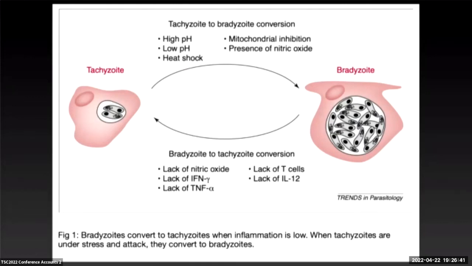So the bradyzoite cysts are full of a lot of toxoplasma cells, and those cells generally have a slower metabolism, and the cysts, the bradyzoites, can transition back into tachyzoites in conditions of low inflammation. So the tachyzoite form causes acute infection, which is very dangerous, and the bradyzoite form causes latent infection, which is